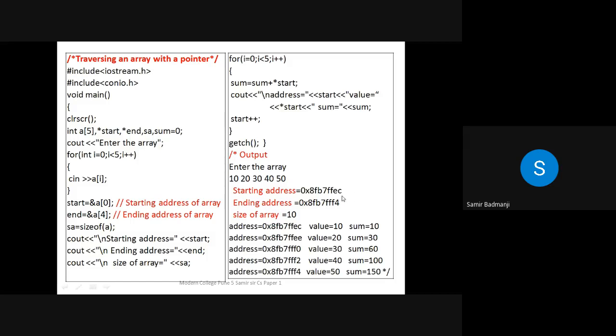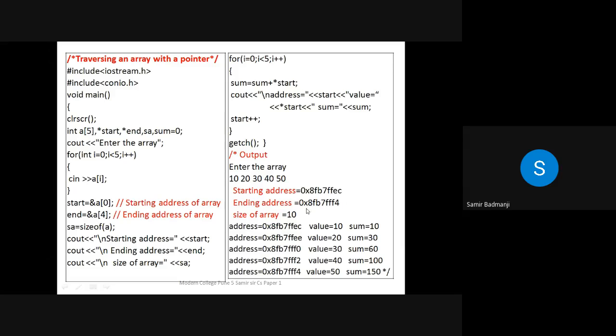So that means after C, if you add 10 elements, it will come to 4. So you can see here what we are doing. Address start, then we are printing the value of that element. So *start means the value at that location. And sum, we are printing the sum. And we are incrementing the pointer by 1, so that next time it will add the second element, third element, and so on.